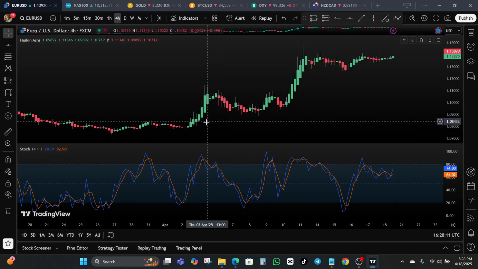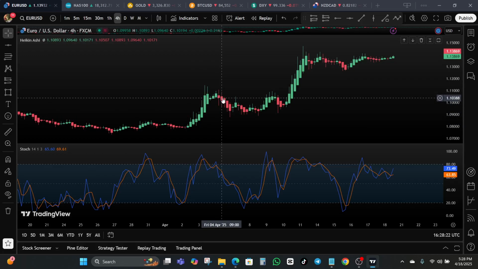Basically, a green Heiken Ashi candle typically indicates bullish momentum, while a red candle indicates bearish momentum. By using Heiken Ashi, you can spot trend reversals much more effectively than with regular candlesticks, making it a key